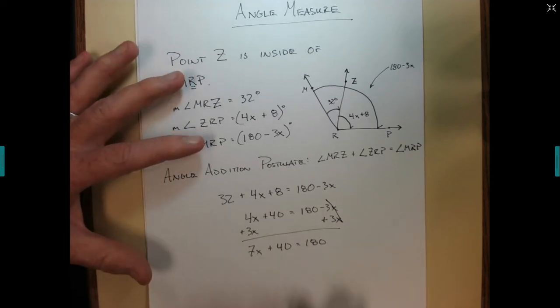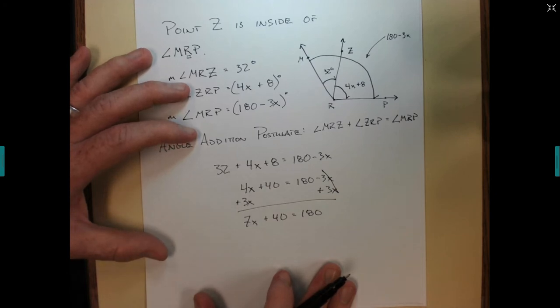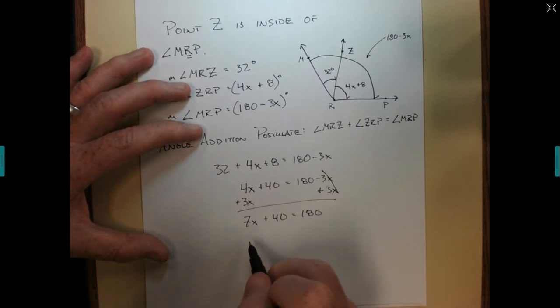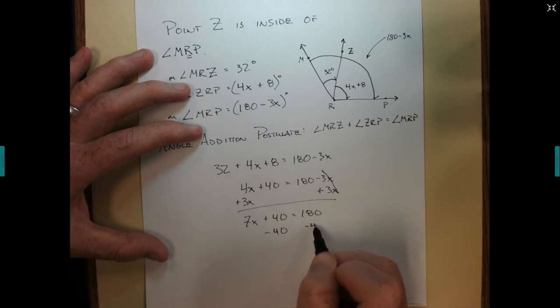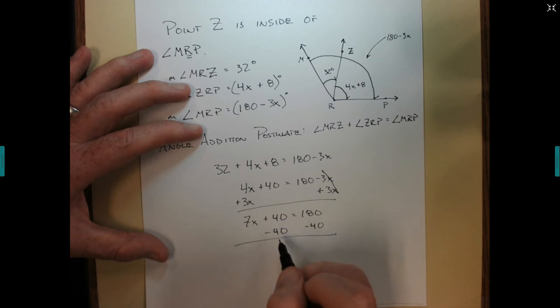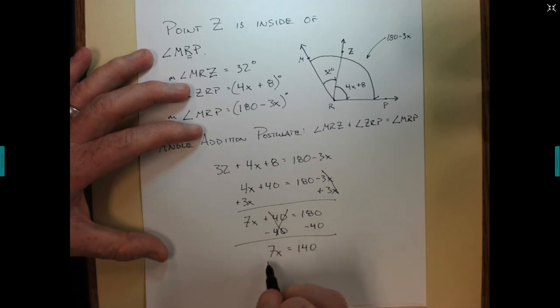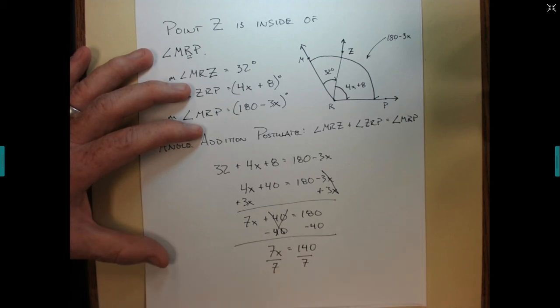Now I've got two numbers next to x that I want to start moving to the other side of the equation. If I use an opposite operation, I see addition, so I'm going to use subtraction. If I have 40, take away 40, that gets me down to 0. That makes it go away. Now I only have 7x on the left side, and I've got 140 on the right. If I divide both sides by 7,